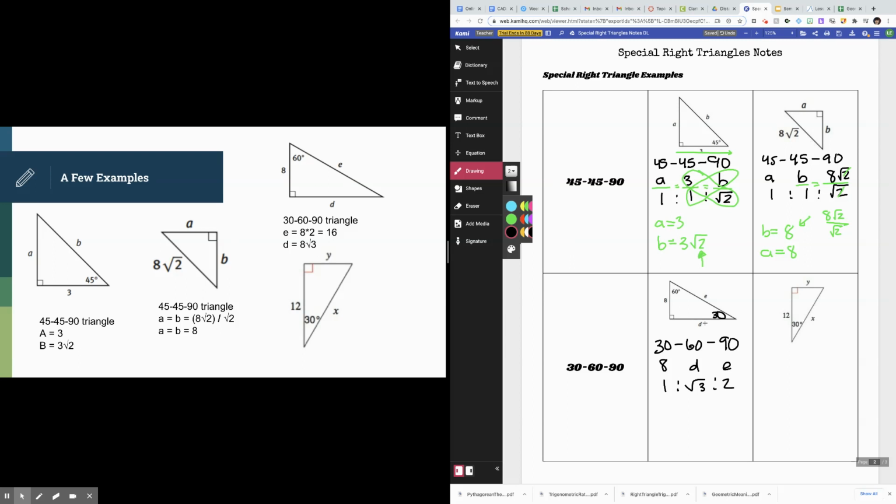So if I want to figure out what D is, I'm going to end up multiplying by root 3. And if I want to find out what E is, I'm going to end up multiplying 8 by 2. Right. So here, again, if I write these all as fractions, and remember, this is a ratio, right? So all of those fractions have to be equal. So if I want to know what D is, I end up with